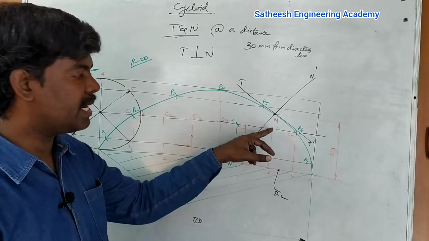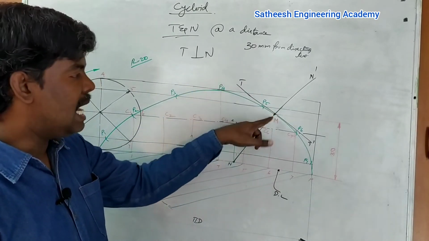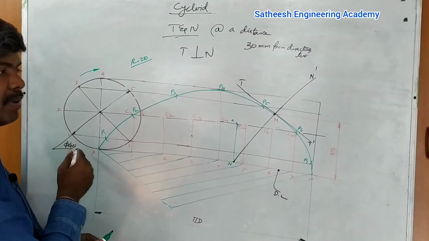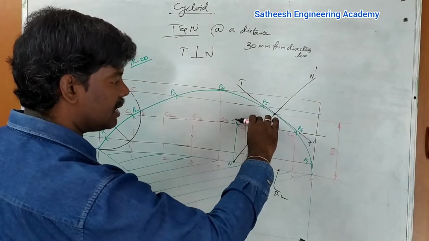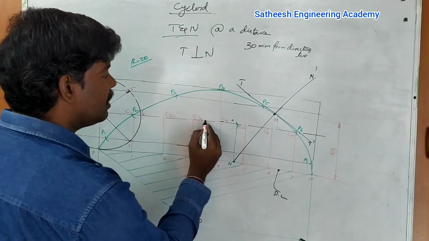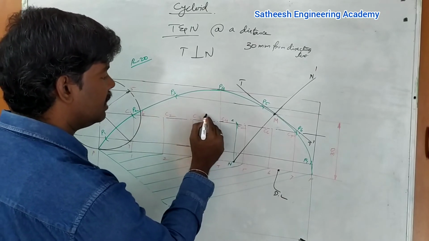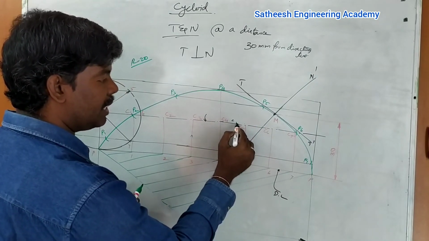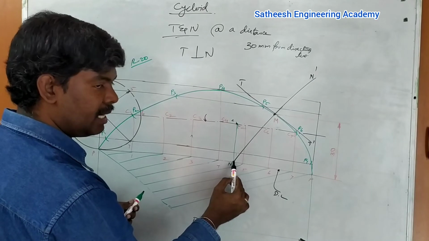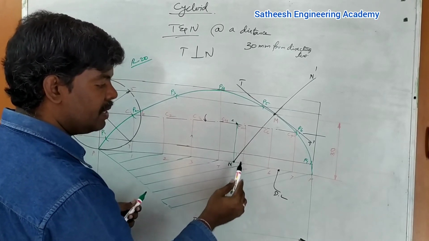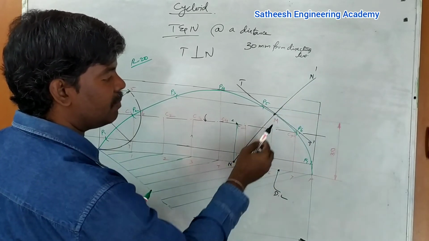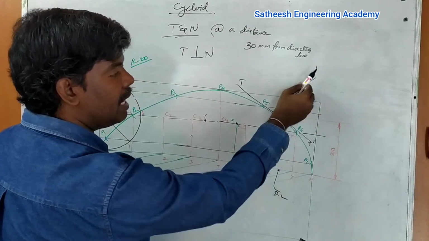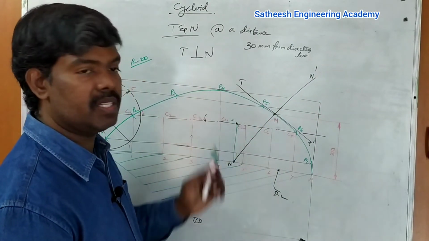First, locate the point M as per the given dimension, 30 from the directrix. From M, take the radius value from the given diameter and intersect an arc on that center line. This is the locus line of the centers, so you get one point. From that point draw a vertical line up to the directing line; call it N. From N draw an inclined line passing through M and extend it. That is the normal, N dash. After that, draw a perpendicular to N dash to get the tangent, T dash.